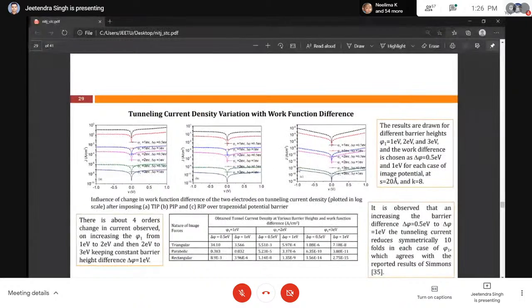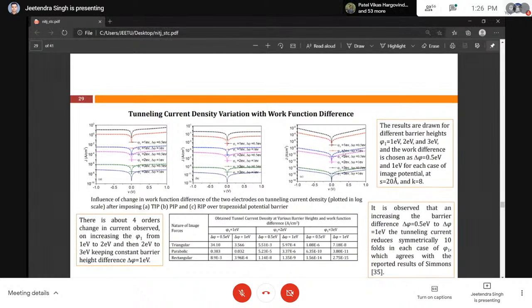This graph shows the variation of the work function difference, that is, how the barrier height along with the difference in the work function impacts the current. This graph is shown for the triangular image potential. This is for when we employed the parabolic image potential, and this is for the rectangular image potential over the